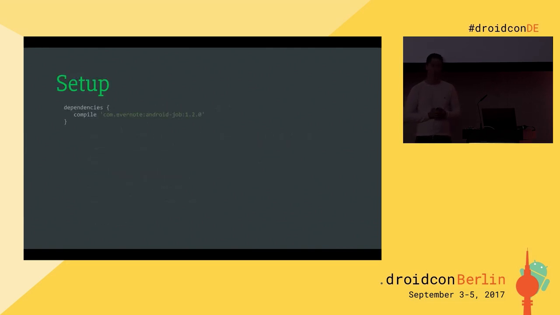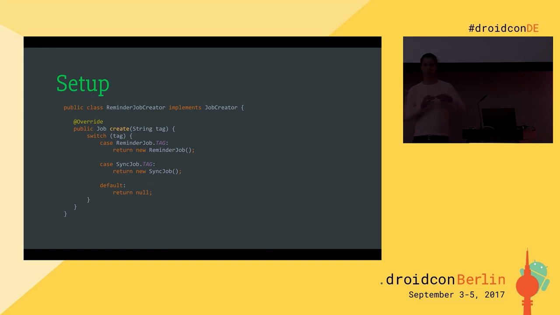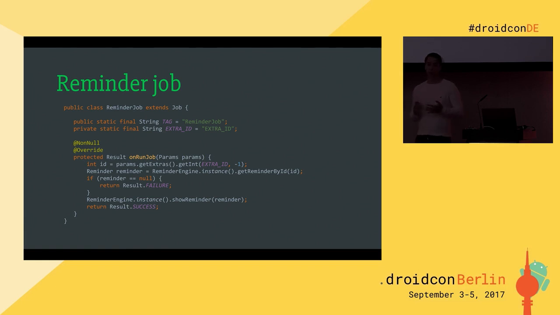So how can we use the library? It's really simple. The first thing we need to do, we add the dependency. Then we need to create the job manager. And the best place to do this is inside of the application class. Once you created the job manager, you add a job creator interface. And the job creator interface is really just a mapping from your job tags, from your strings, to the actual job class. And it's doing nothing more. It's basically replacing the manifest entry, but it's more dynamic than that. So that's it. We only need the job creator interface and the dependency, and then we can start implementing our